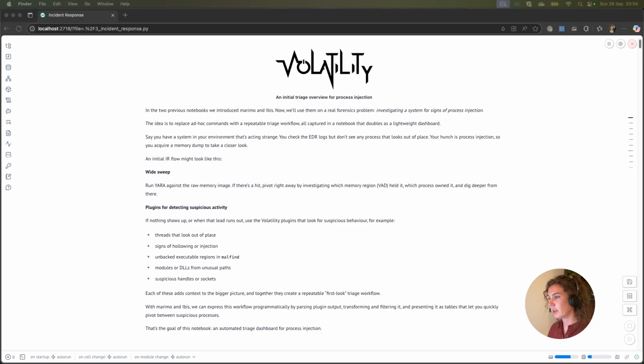So we're going to assume that you have a case where you have a system that's been acting weird. You don't know why. You check the EDR logs. You can't see any processes that seem out of place. But for some reason, you have reason to believe that process injection happened. So you went ahead and you acquired a memory image from that system, and you moved it to somewhere where you can analyze it. You ran some Volatility plugins. You exported the output to Parquet, and now we're ready to use our notebook tools here and create a powerful